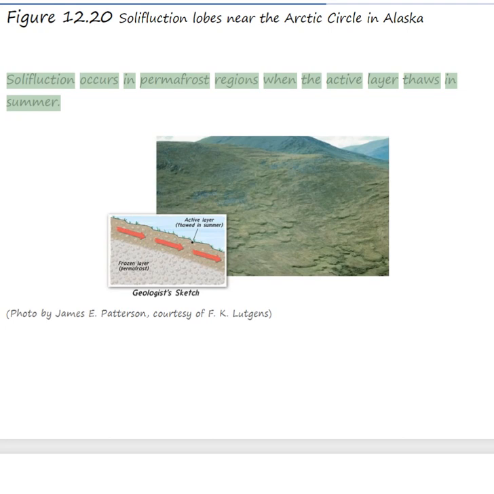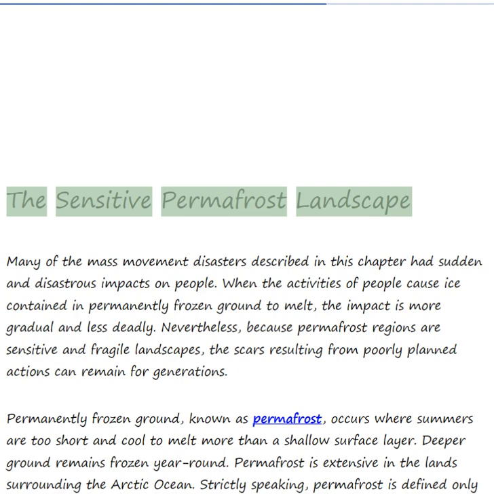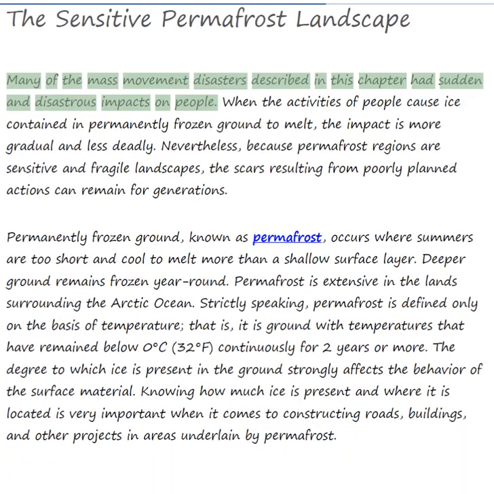Solifluction occurs in permafrost regions when the active layer thaws in summer. Figure 12.20: Solifluction lobes near the Arctic Circle in Alaska. The sensitive permafrost landscape. Many of the mass movement disasters described in this chapter had sudden and disastrous impacts on